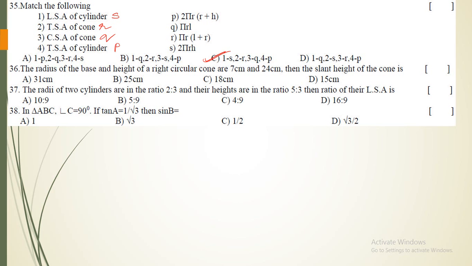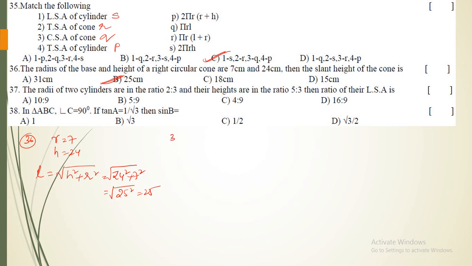Next, the radius of the base and height of a right circular cone is 24 and 7. Then the slant height is. So what has he given? Radius of base, so r is equal to 7 centimeters and height is equal to 24 centimeters. Now already we know the slant height formula. So l is equal to root over h square plus r square. So clearly this becomes 24 square plus 7 square. So 7, 24, 25 is nothing but my Pythagorean triplet, right? So this becomes 25 square, which gives me 25. So the answer is 25. So option B is my